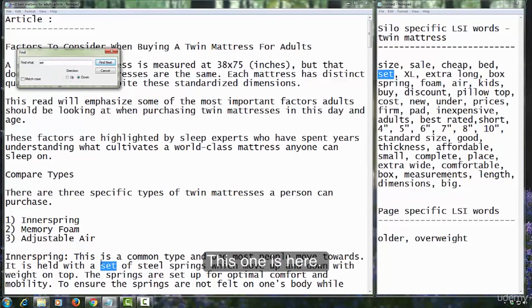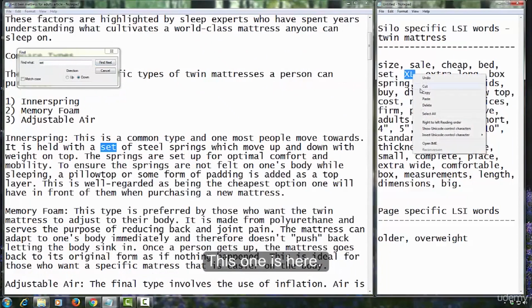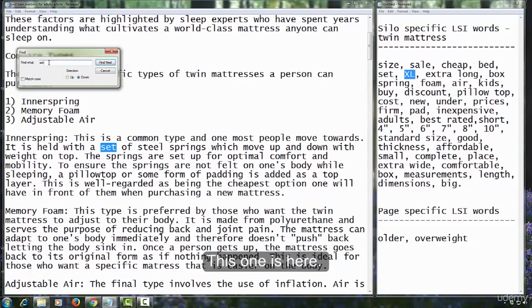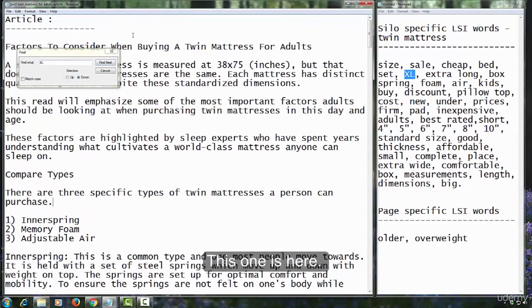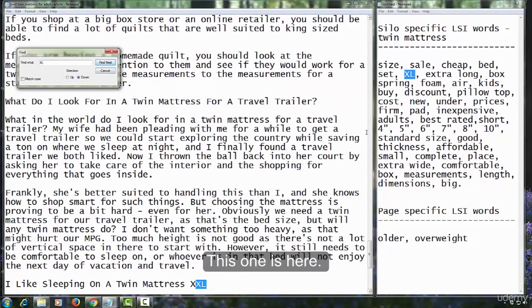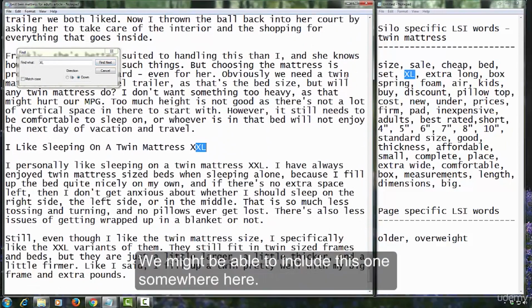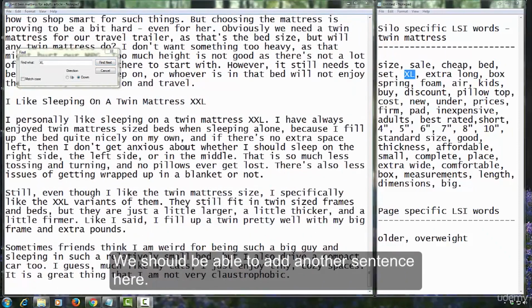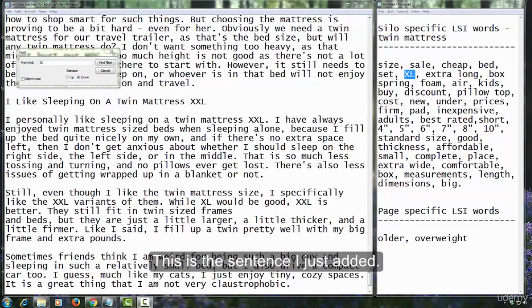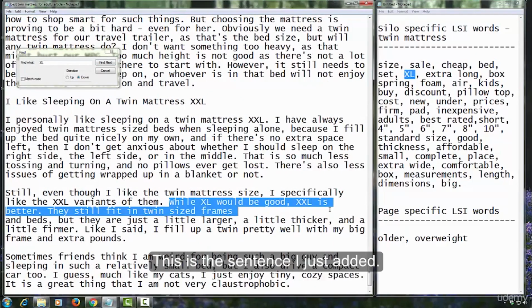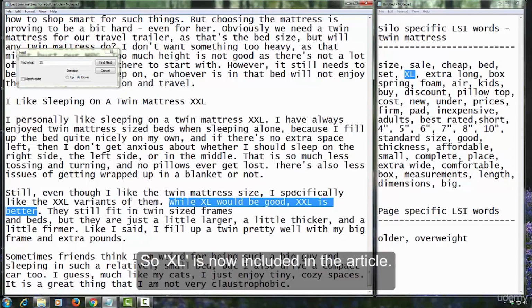This one is here. We might be able to include this one somewhere here. We should be able to add another sentence here. This is a sentence I just added. So, Excel is now included in the article.